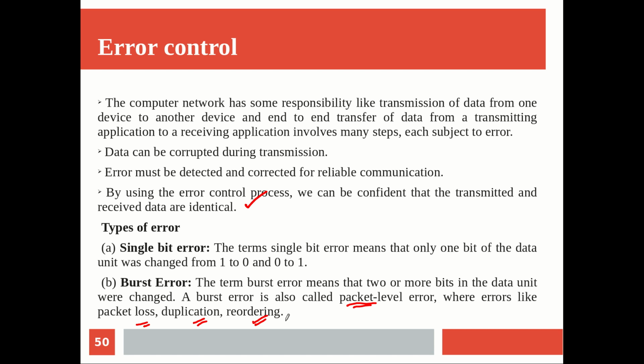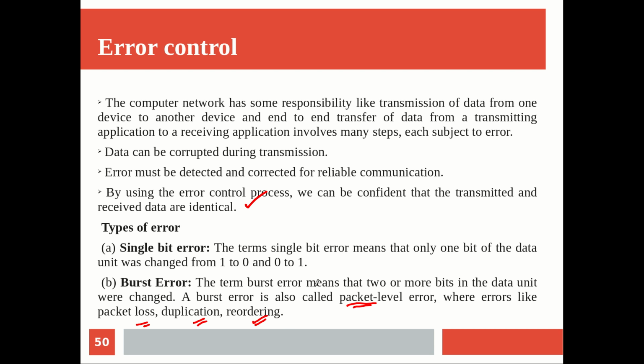Okay, so many things are there. For the time being, at least you understood what an error is. Duplication, information loss, and reordering of the message must also be considered seriously, along with how these situations are handled in a computer network. So when you come up with the design of a computer network, this is one of the things that you have to focus on. There should be a proper methodology as well as an algorithm for doing this.